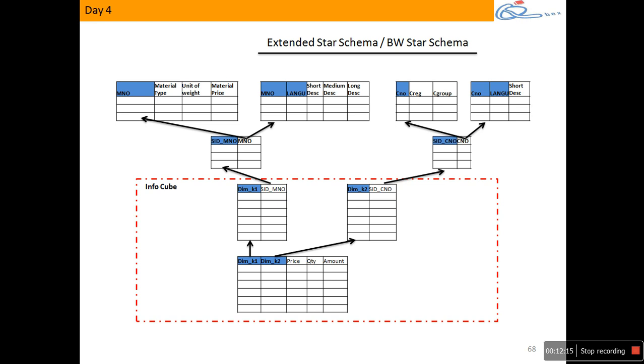Then which one is good and which one is bad? How do you say which is the more optimized one? Basically, when you say optimized, you say your design is optimized when it occupies less space. And it is not optimized when it is occupying more space. So when you look at designing of the cube, when you want to design an optimized cube, you should design it in such a way that you accommodate more characteristics or more analysis while occupying less space. That's the concept. Let's see how to do that. But did you understand the schema completely?